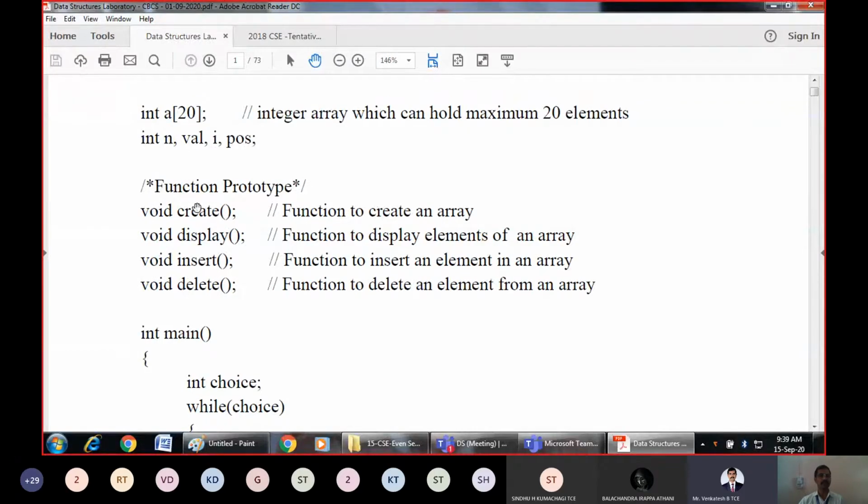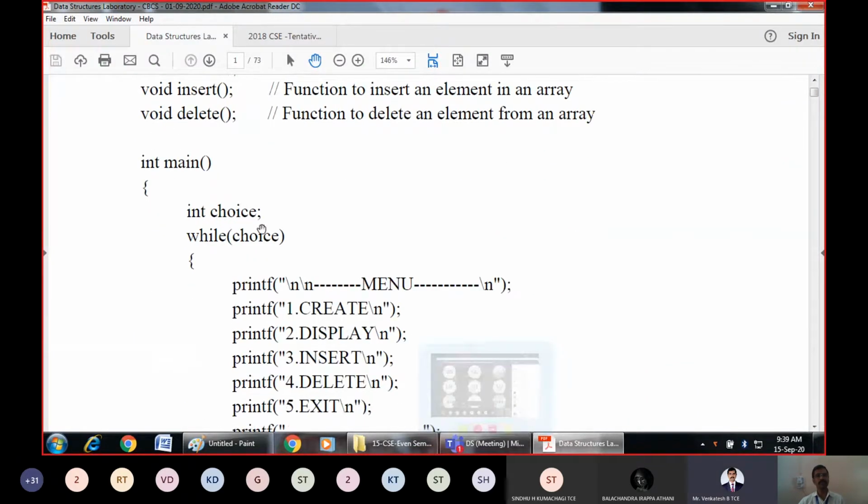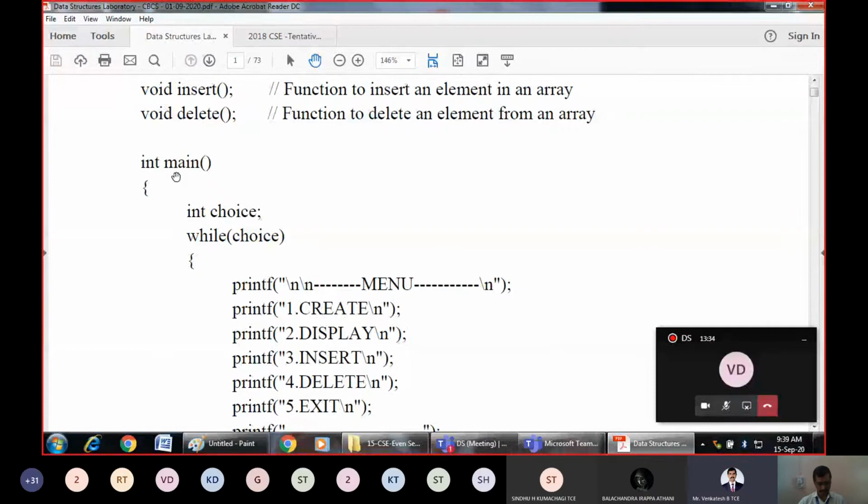As you have studied in C, the function prototype is important for every program. It helps the compiler know well in advance what types of functions may occur in the program. Program execution will always start from the main function.